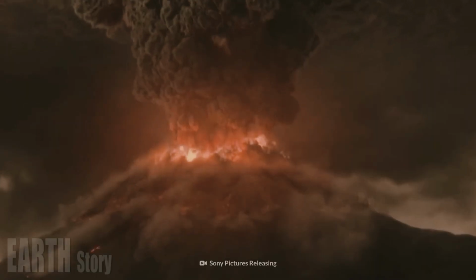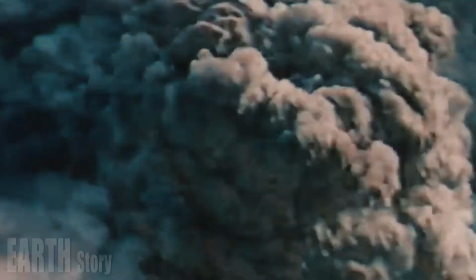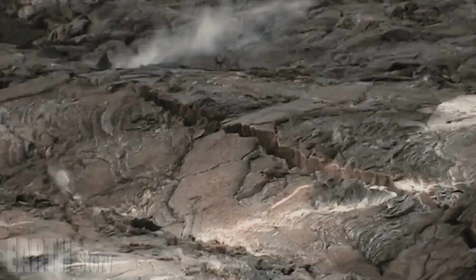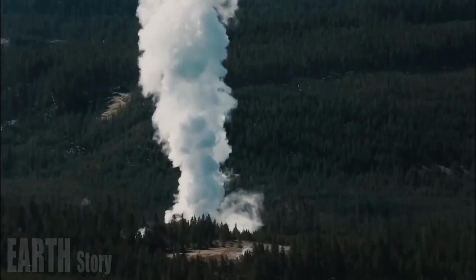In Yellowstone in particular, there are 3 known events, all catastrophic, that occurred 640,000 years ago, 1.2 million years ago, and 2 million years ago. All 3 covered much of North America with ash,